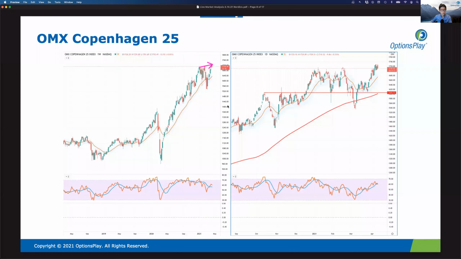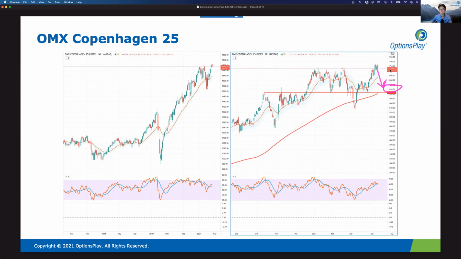You do have some divergence here on the weekly chart. As you can see, as the weekly chart made a higher high, you start to see that divergence here. But again, things are pretty shallow in terms of the trend higher here. So even if you do get a pullback, it is likely going to be relatively shallow. If you get below 1640 or so, which is roughly the same price here, in the 1600 to 1640 level,